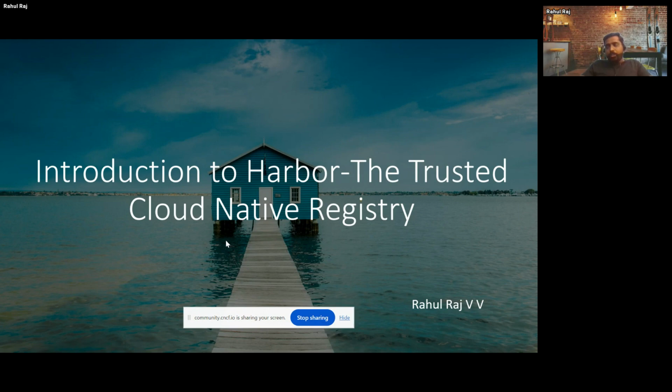So as I said, I'm speaking about an introduction to Harbor, a trusted cloud native registry. This is a kind of lightning session. I'll go through what Harbor is and what the features of Harbor are, and we'll go through a presentation or a demo of how we can install Harbor, and also what more we can do with